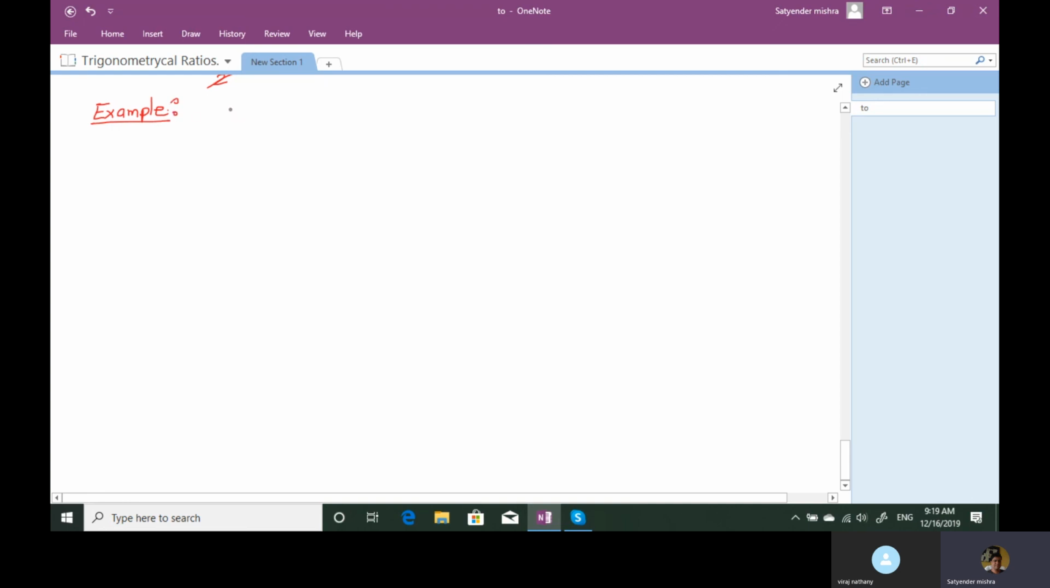Next example is: if 5 tan theta equal to 4, find the value of (5 sin theta minus 3 cos theta) divided by (5 sin theta plus 2 cos theta). ठीक है ना? सो सोल्यूशन हो जाएगा इसका।